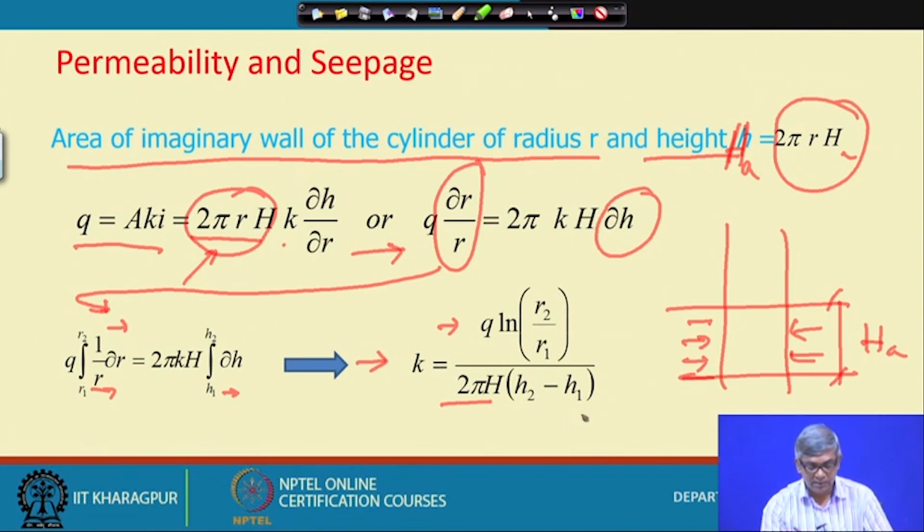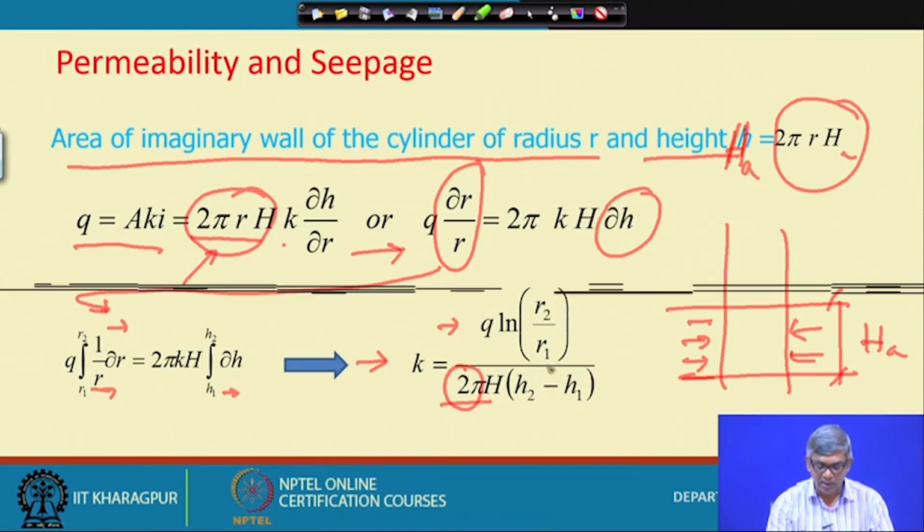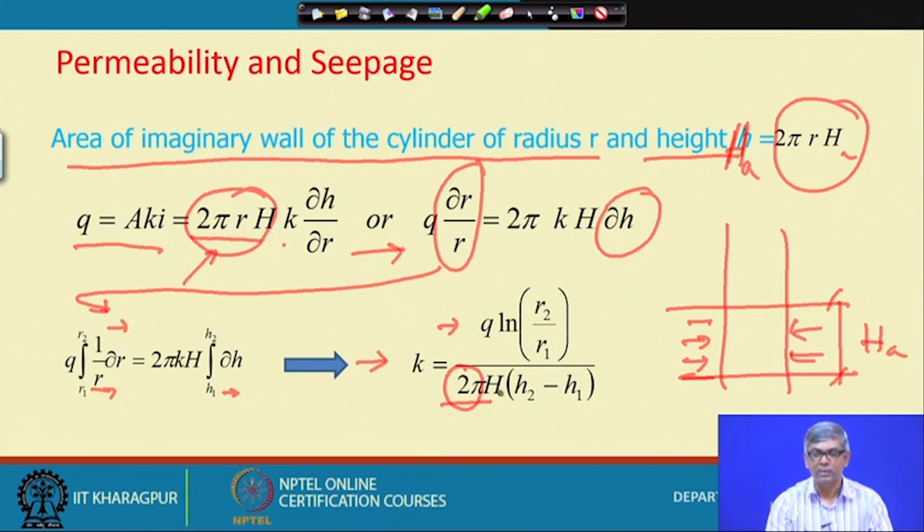So you can see the difference from the previous equation. It was 2 pi and here it was a square, and ultimately dimensionally it has to be correct. So that it is easy to remember. In the previous equation it was q ln r2 by r1 over 2 pi k times (h2 square minus h1 square). Here the square has gone, but one constant height has come. So that is the one. Finally, from this equation one can find out the permeability by pumping test, and that is applicable for